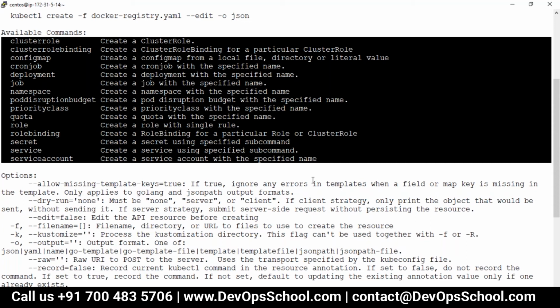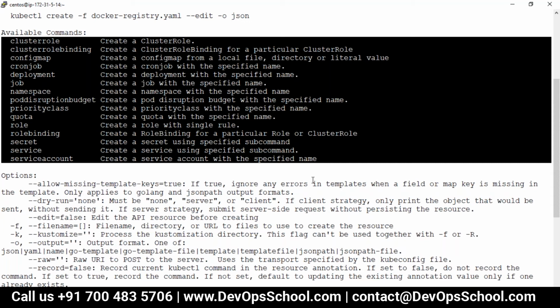So can I create a pod through the command line? Using run? Run also you can create, but I'm saying again and again, run will create a deployment. I do not want to create a deployment. So what do we do now?